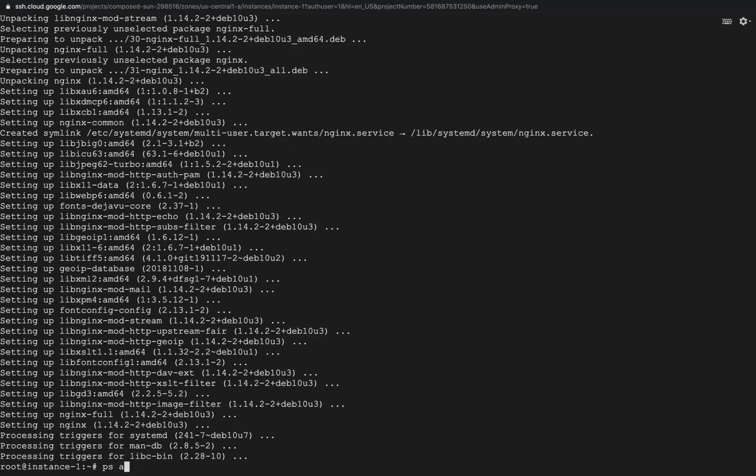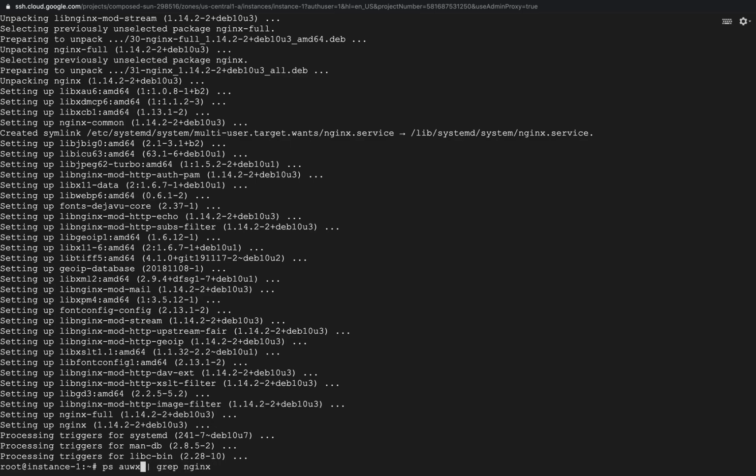ps auwx, pipe symbol and grep nginx. I have made a mistake here. Actually, I need to put X instead of Z in auwx. Yeah, I am going to correct it.